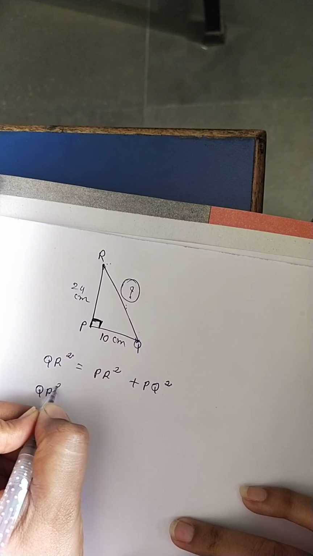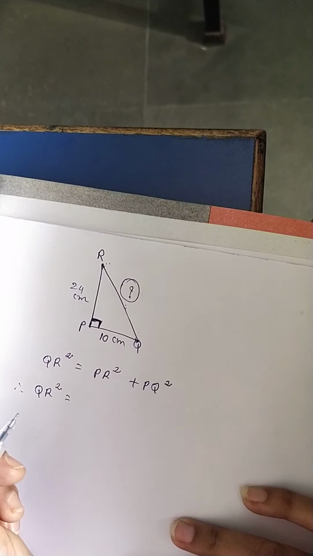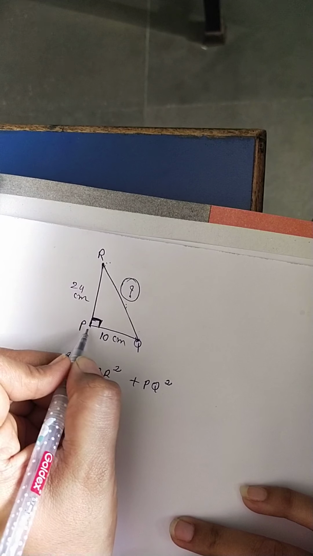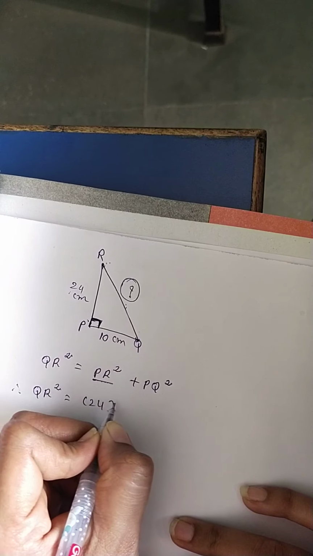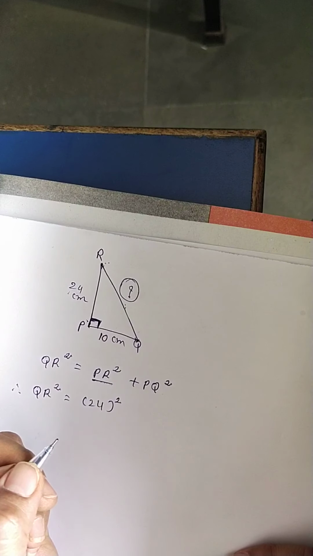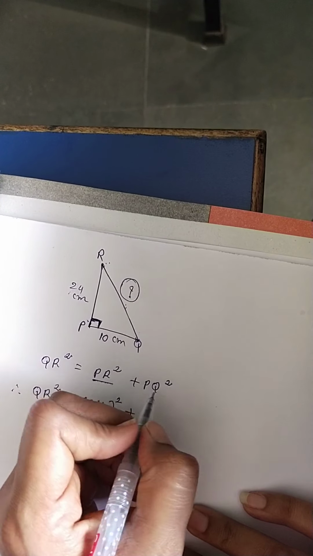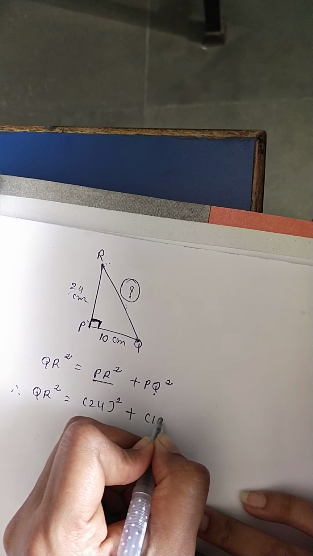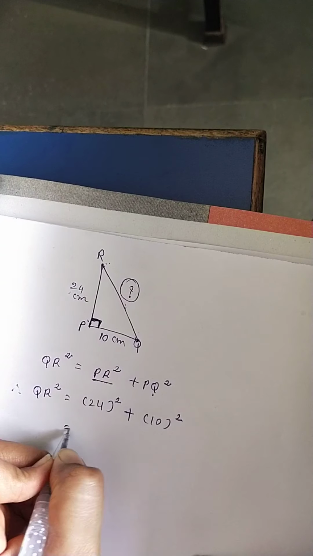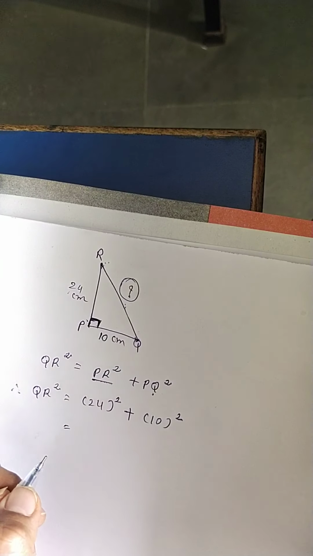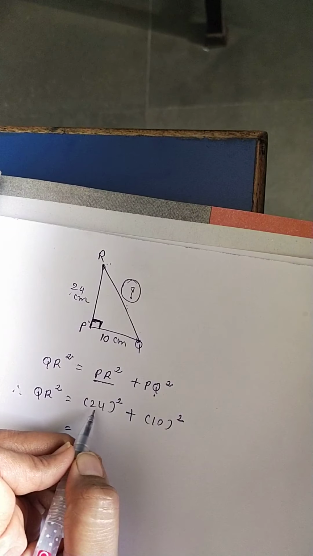Now QR square we have to find. So write as it is. PR already we have the value. What is the value of PR? 24 centimeters. So write over here 24 square. And then PQ is equal to 10. So write over here 10 square. Understood? Now what we have to do, students? We have to find out the square of the